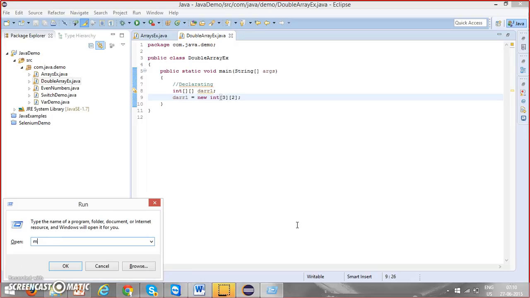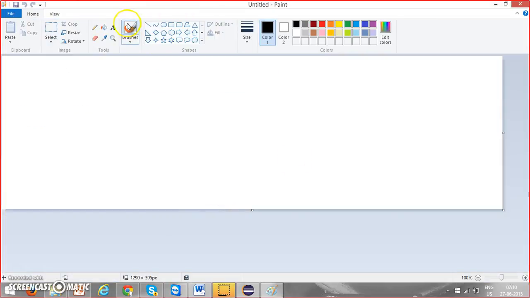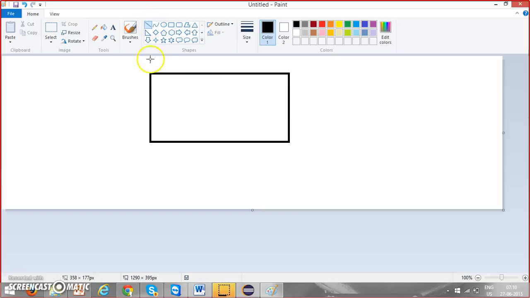How are you going to represent it? It's 3 rows and 2 columns. This is how you are going to represent it. And for initializing, for assigning the values, it is the same as the for loop, but we